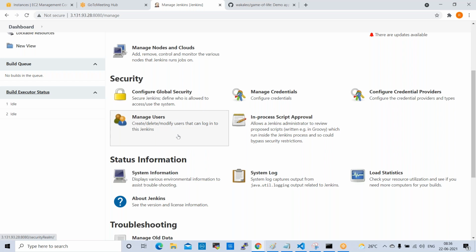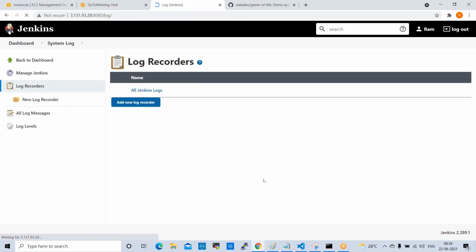Manage users. Okay, status information, logs. Okay, load statistics, and about Jenkins, system information. So we can check from here. So this is about Jenkins server logs, performance. Okay, and system information, everything we can check from here. So for example, if you check logs, system logs, the information is available here. Okay, so all the logs will be generated here. So for example, in Windows Server or a Windows laptop, if you face any issues, normally where do we get the logs? Some logs will be generated, right? Where do we get those logs?